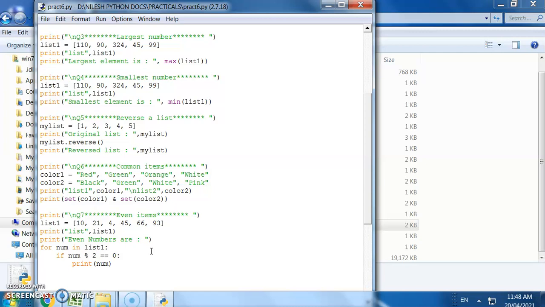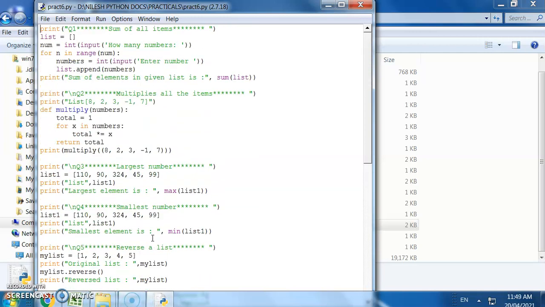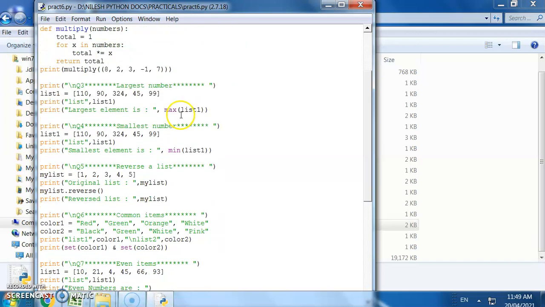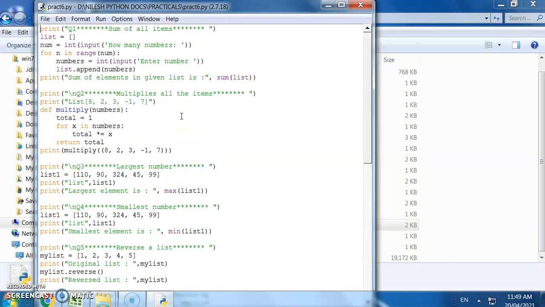So we are finding whether, after division by 2, the remainder is 0, then the number is even. We are applying the same logic and finding the even numbers from the given list. Like this, all these programs or operations regarding the list I have already mentioned and explained with some examples.